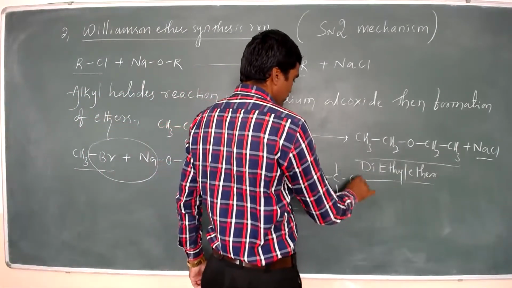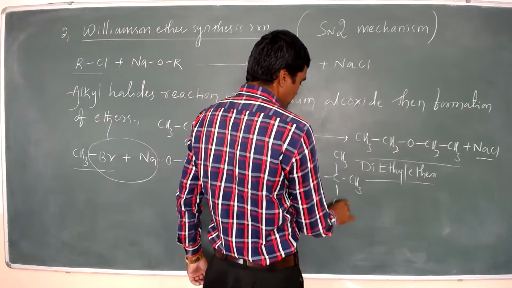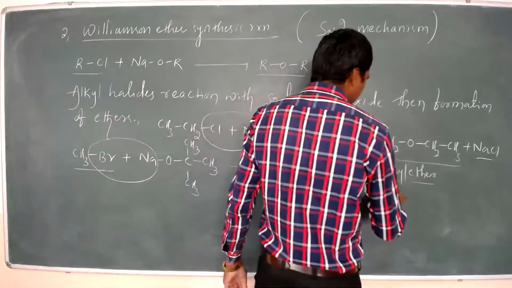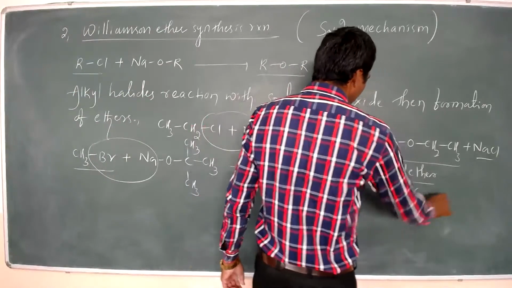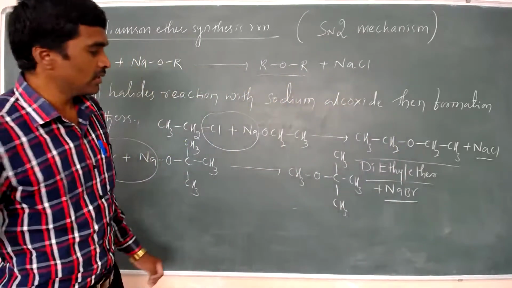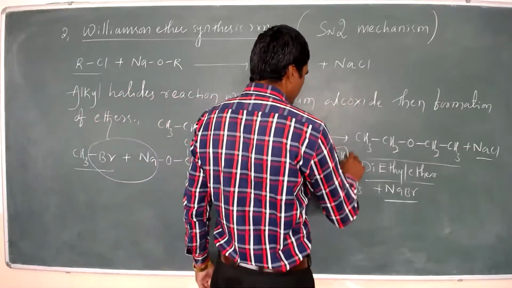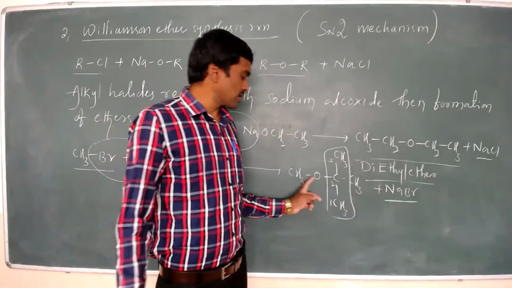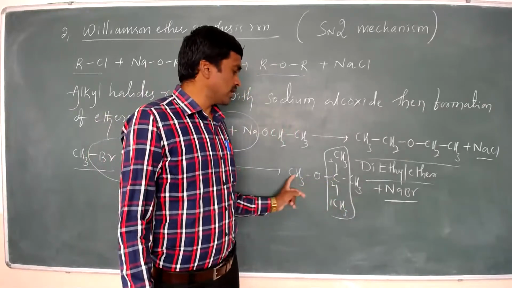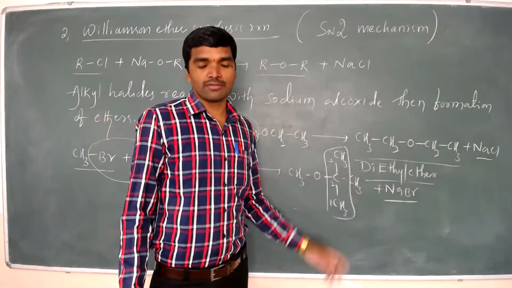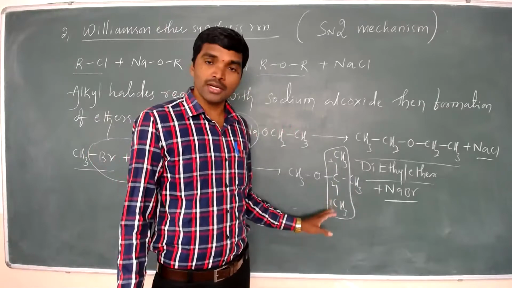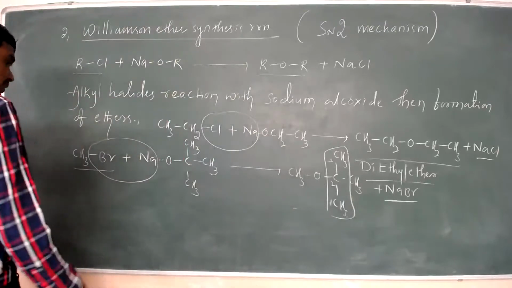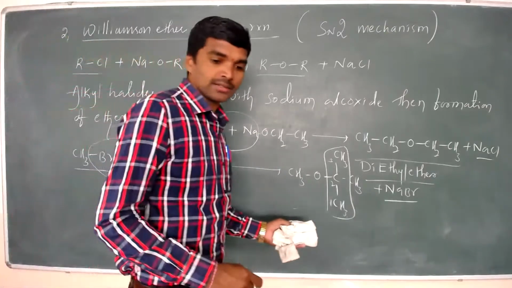Then you take NaBr, and you get the answer: CH3-O-C(CH3)3. This is the product formed, plus NaBr. What is the name of the compound? 2-methyl-2-methoxy propane. This is the product formed. So this also comes under Williamson ether synthesis reaction only. But the condition is that